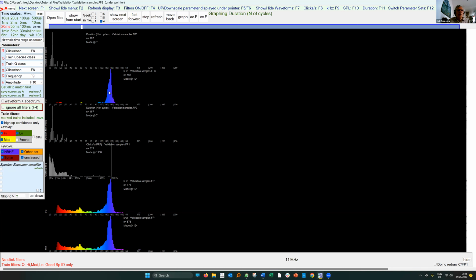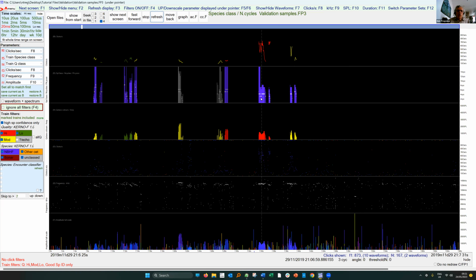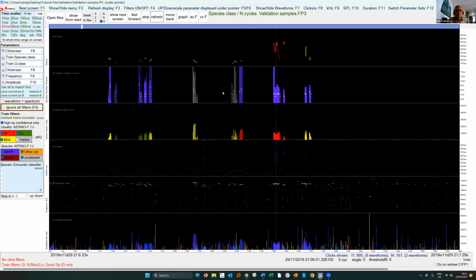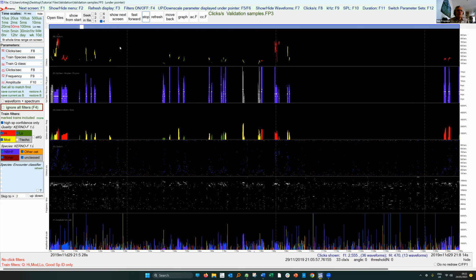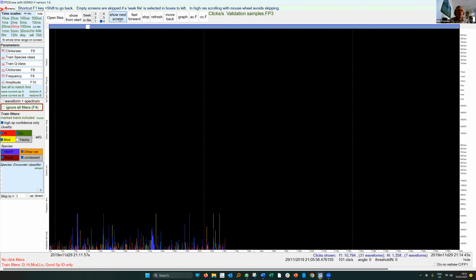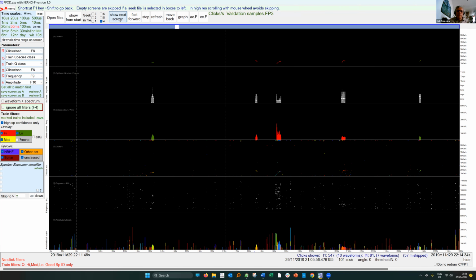You might look at that and think, what are these lower frequency things doing? And they're basically errors, because these click trains do occasionally pull in clicks that didn't really belong in the click train. So that happens. Okay, so that's porpoises. So as we move forwards in this file, we'll get through the porpoises. And now we're coming to